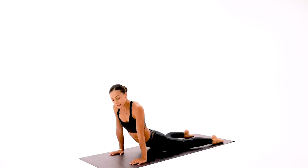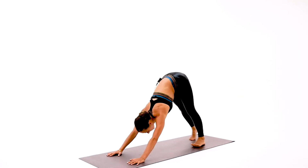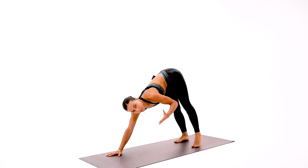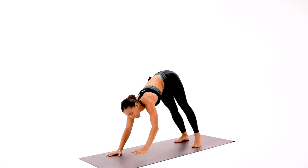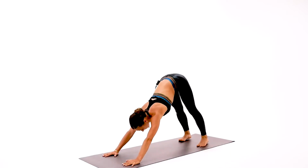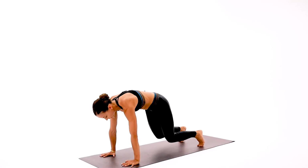Go ahead, guys, and take yourself back up. We're ready to extend to the downward facing dog. We're gonna go through a few flows: down dog to up dog, or down dog to tabletop, or down dog to the plank, whichever is available in your practice. I will show the modification. So down dog,